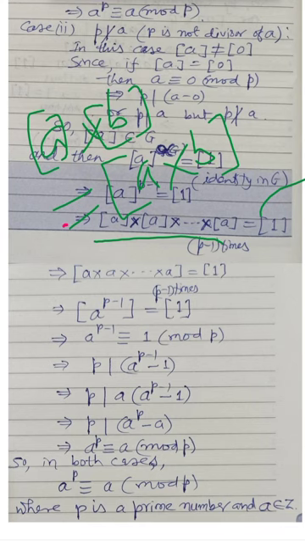So this can be written as A cross A cross A, and this is A raised to the power P minus 1 equals 1, and